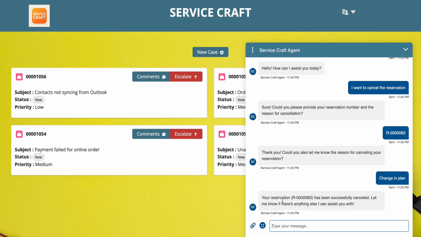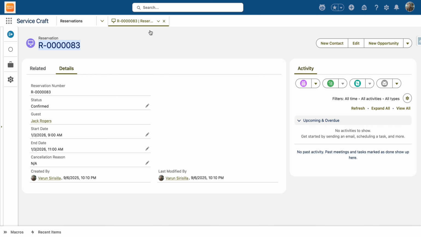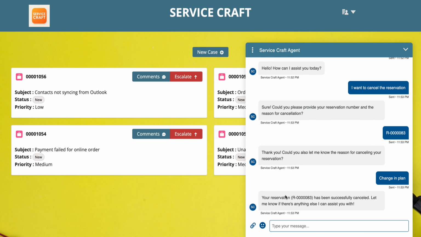Now you can see this message, your reservation has been successfully cancelled. And if I go to this reservation record and do a refresh tab, you can see the status is updated to cancelled and the cancellation reason got populated with change in plan. So now what I'll do is I'll say,